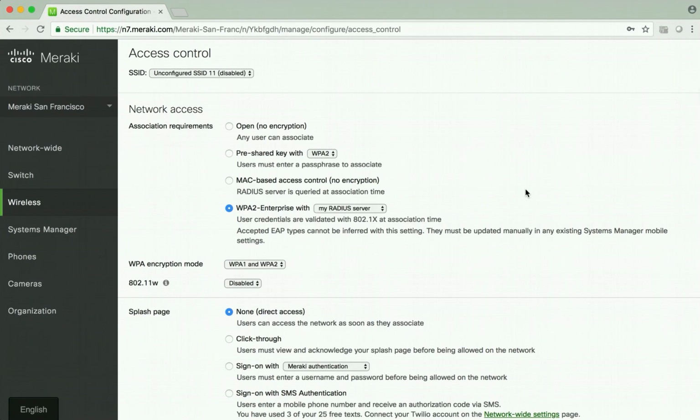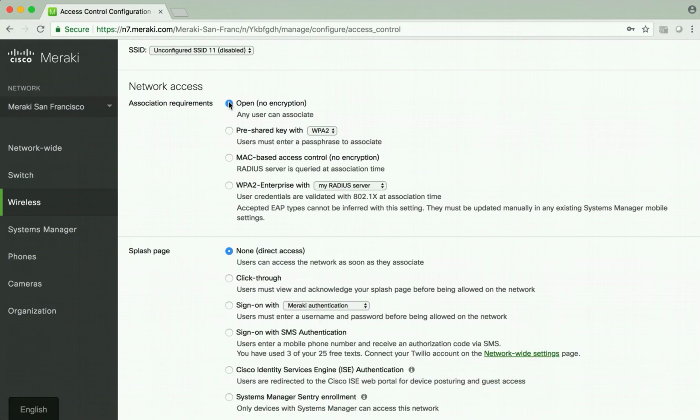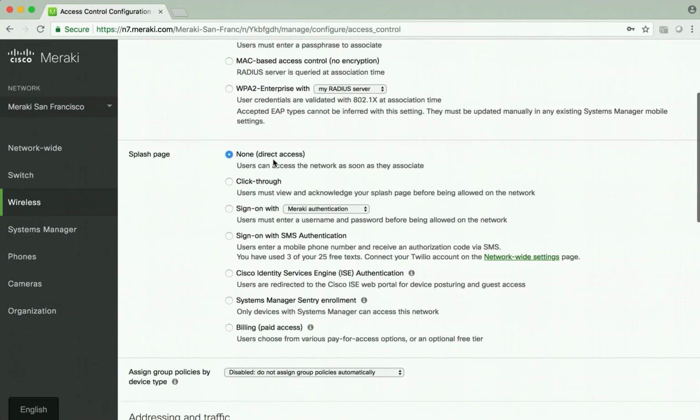So the way we have things set up right now, what would happen is if someone was trying to authenticate to this particular SSID, their device's native splash page would populate requesting a username and password to authenticate to the network. Now, you can go ahead and customize the experience for the client without having to compromise on the authentication. So if I leave association requirements as open, we can go to splash page here and configure a splash page,